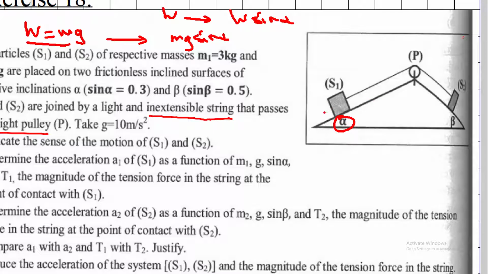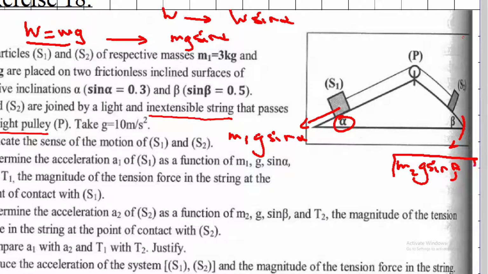So here in this case, I know that this is the first time we face such a problem, but from now on we have learned this trick. So in this case we will determine m1 g sine alpha, and m2 g sine beta, and the one with the greater value will decide the motion. If for example this is greater than this, then the motion will be in the direction of S1 and not in S2. Here this part represents the acceleration A1 and this part represents the acceleration A2,